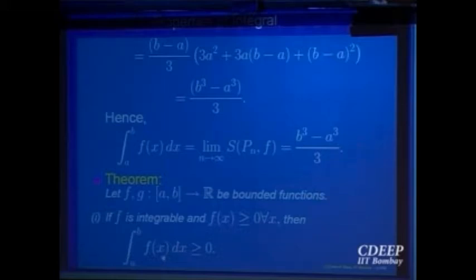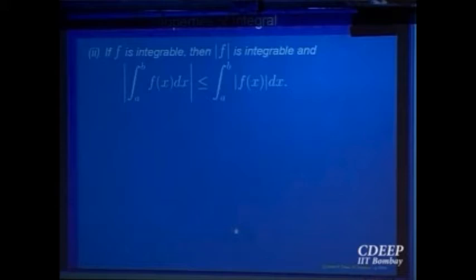It follows from the property of sequences that if a_n is a non-negative sequence, then the limit will also be non-negative. So from that property. And this is not difficult to show actually. By the way, remember that integral a to b f(x) dx, intuitively we started with the idea of the area below the graph of the function, right? I implicitly took the graph to be above the x-axis. I took the function to be non-negative.